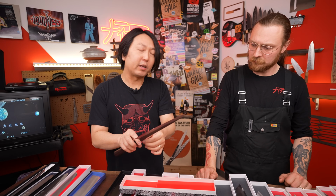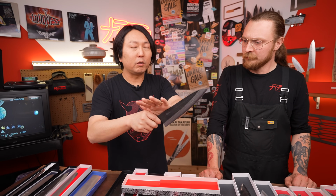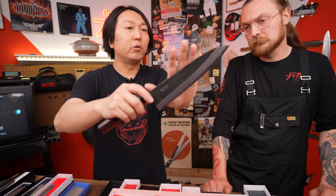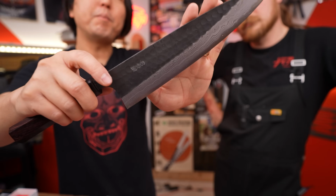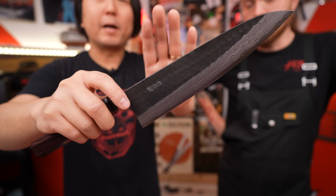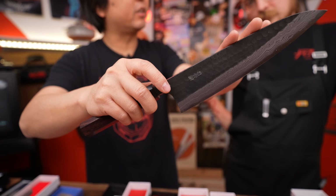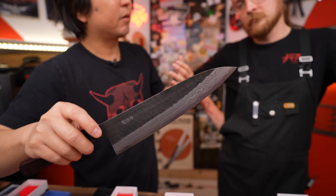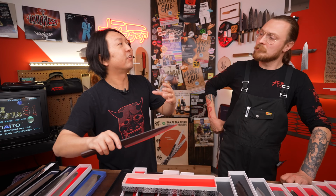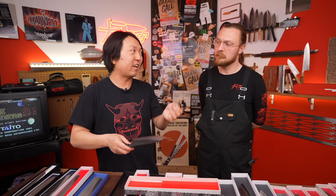Cool. Nao Yamamoto-san learned a lot of skills from different blacksmiths, including Azai-san, who passed a while ago. He is the only one who's allowed to use Azai-san's blacksmith name as well. Oh, really? So it's kind of cool. Yeah. Azai-san was such a great blacksmith. Yeah, he was incredible. He had developed his own way of forging knives as well. So it's almost a hybrid of the Takefu way of making knives and a little bit more of the Sanjo way of